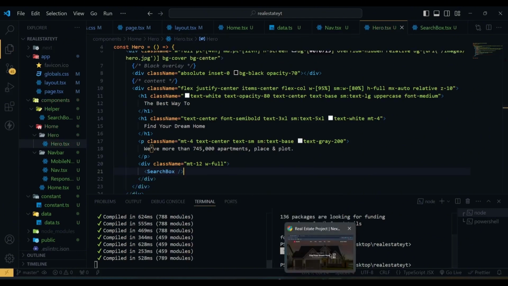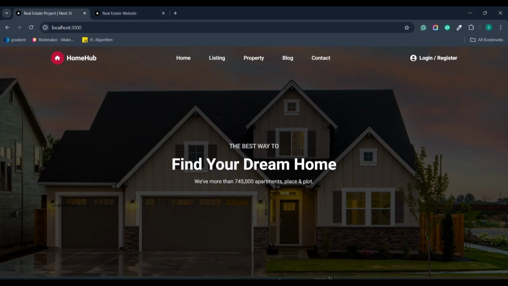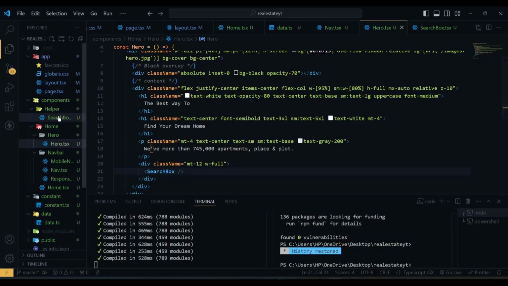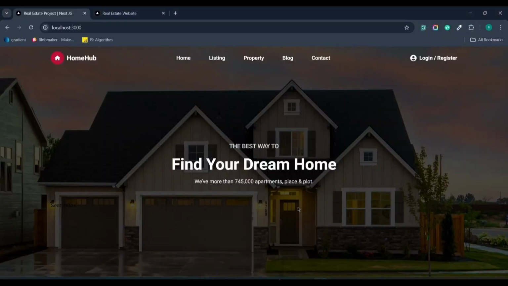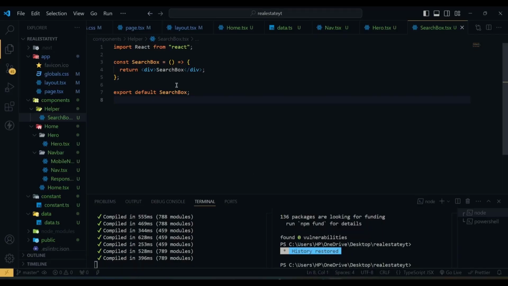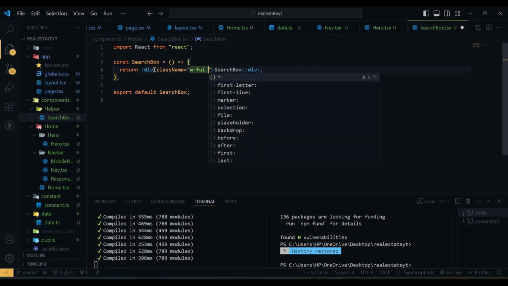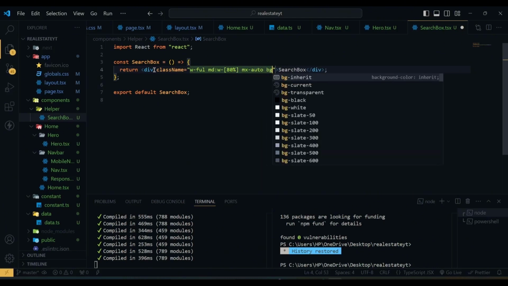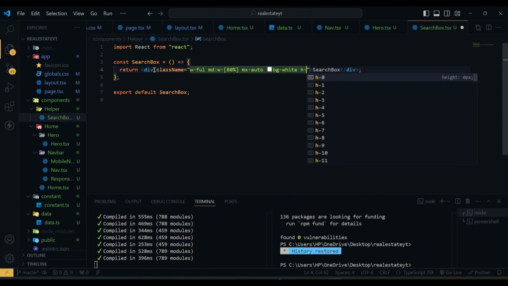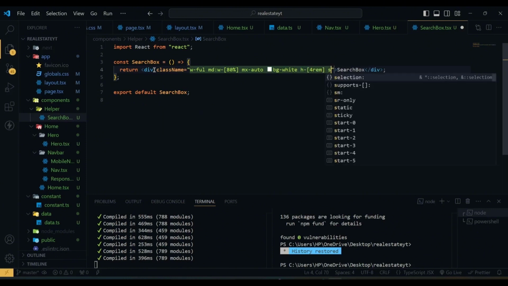Now if I hit save, here we don't see anything. Let's go to the search box, and let's start building this. Now here for the first div we have a class name of width will be full, in medium screen width will be 80%, mx will be auto, background will be white, height will be 4 rem, in smaller devices height will be 5 rem,